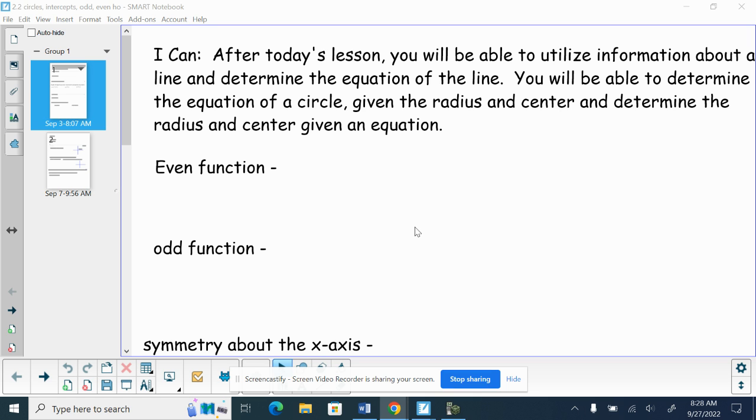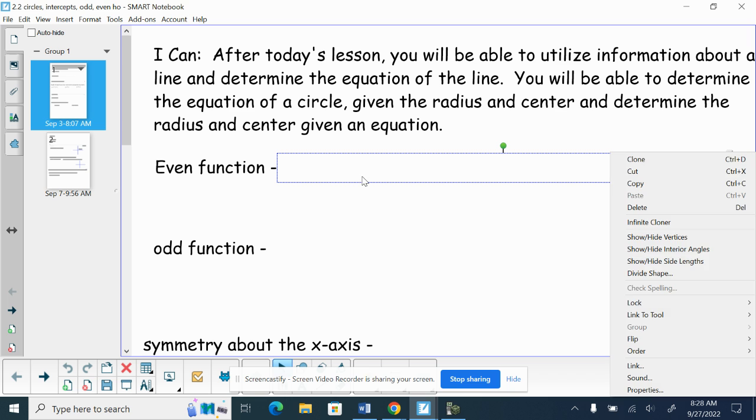Okay, we're going to work with different concepts with respect to graphing today. Tomorrow we'll eventually get into dealing with lines, equations of lines. Some terminology with respect to functions. We can have even functions. When we're dealing with even functions,